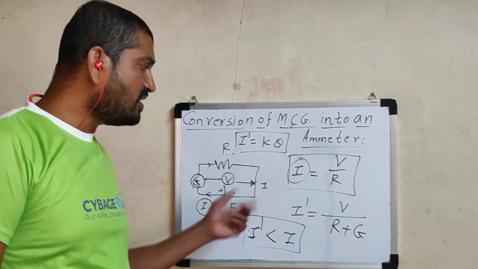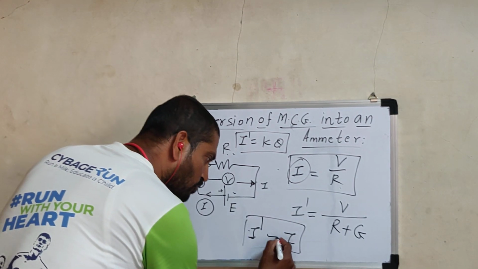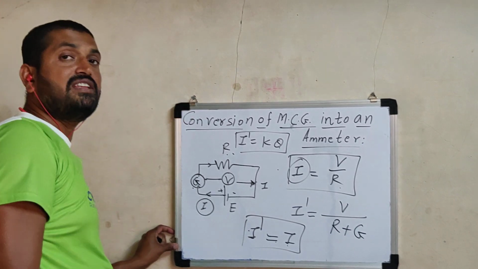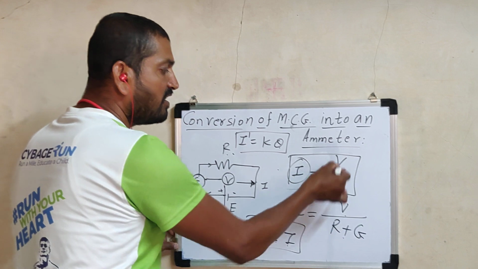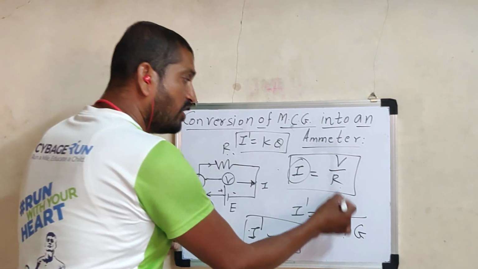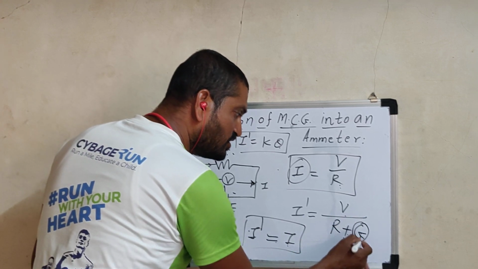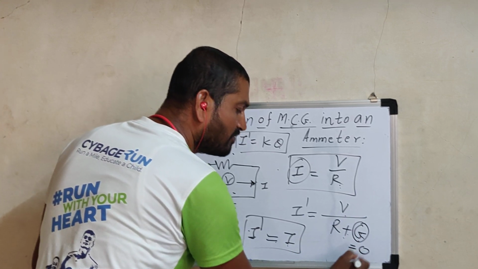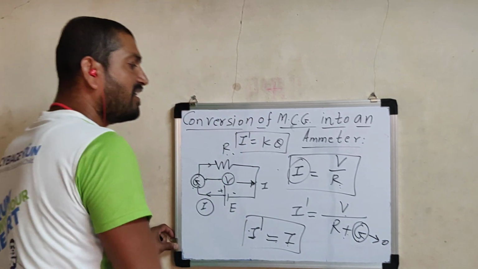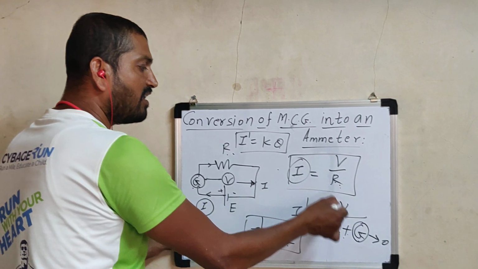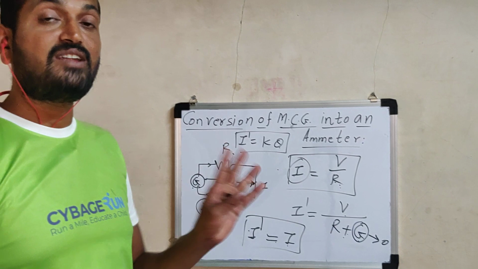Now you tell me, is it possible to measure the correct current? Yes. Is it possible to get I dash equal to I? Yes. Where is it possible? The numerators are the same here. If the denominator becomes the same, then it is possible. Now the denominator here is R, and here it is R plus something. So if we reduce G to approximately 0, or when G is very close to 0, the denominator will also be the same, V by R, V by R. In that case I dash will be equal to I, and we can measure the exact value of current.